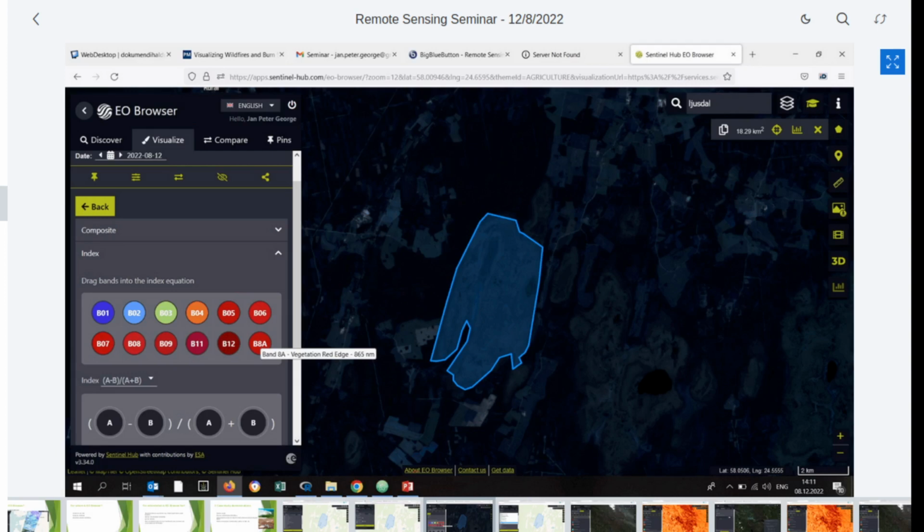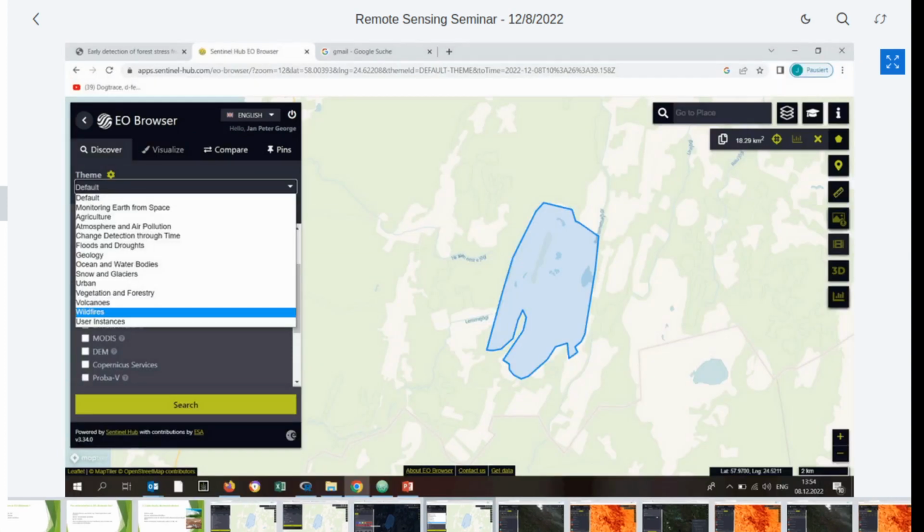And you can also use an option which I show you a little bit later, it's called customize script. So you can put in a Python script, and then it calculates the Python script for this polygon here that you uploaded before.